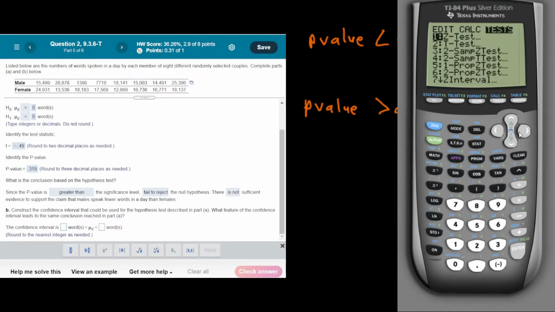Stats test, because we're trying to figure out the confidence interval. So we need to go over to t interval. All right, we're going to go to data. On the list is L3. Now the C level, what's the C level here? As you may recall from the last couple sections,